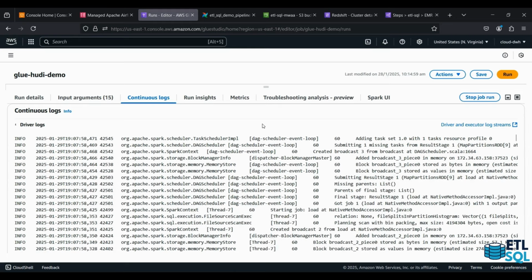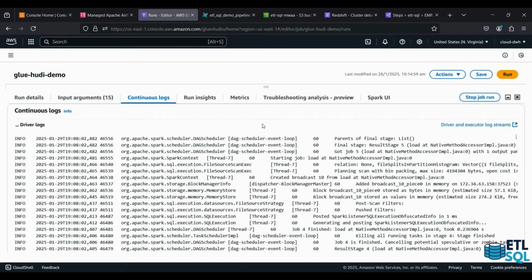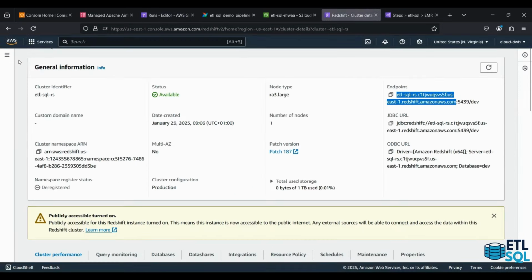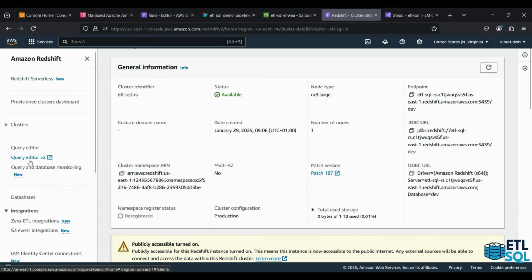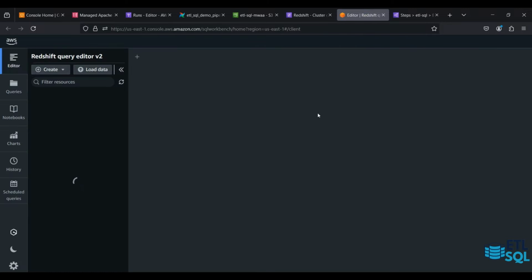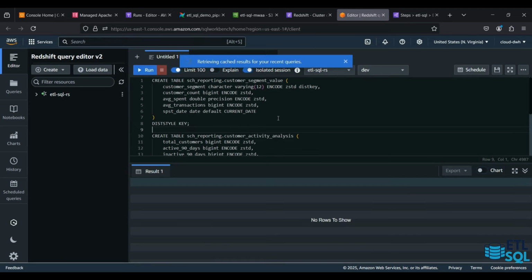All right. So in the meantime, we know that this job will take around 3 minutes to run. What we can do is prepare our Redshift snapshot table for it. We already loaded some data into the Redshift table. What I am thinking is I will clean those 5 tables, and after this run, we'll check whether the data